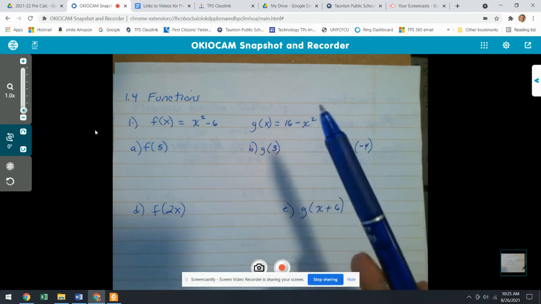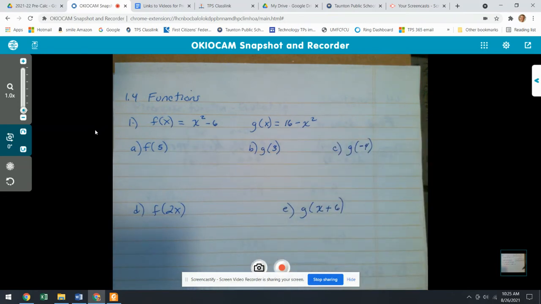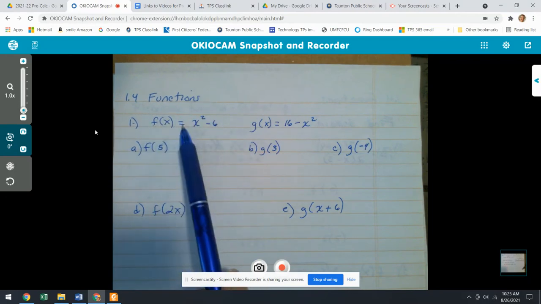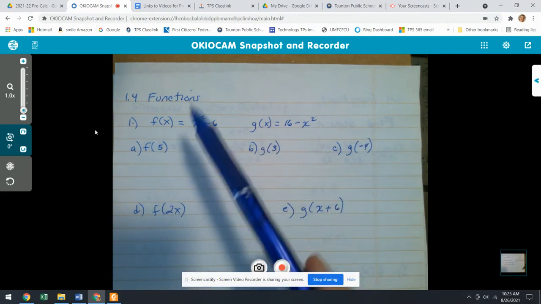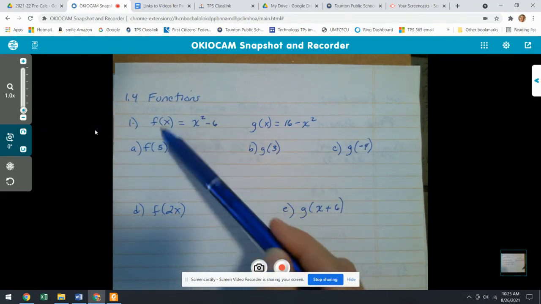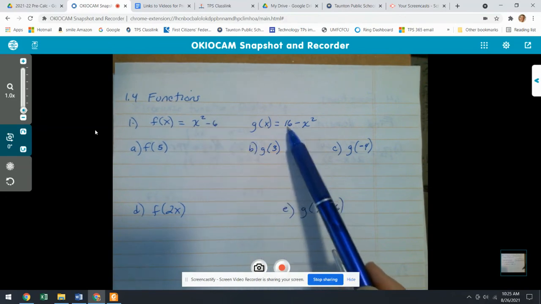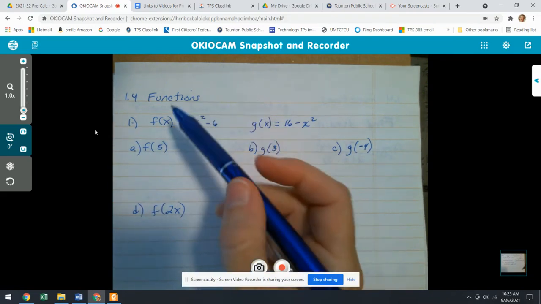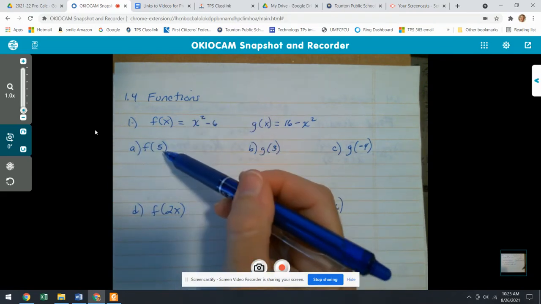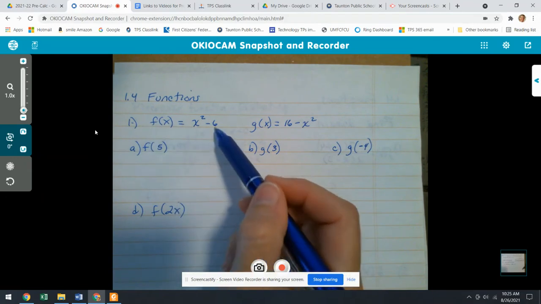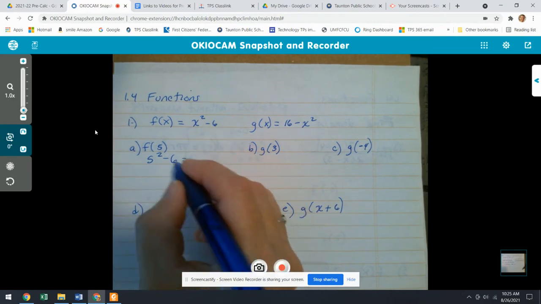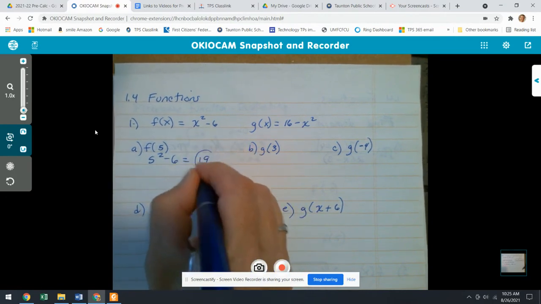The reason why we use it is to differentiate functions from each other. So if I'm going to be having two functions, in the old days we would have y equals x squared minus 6 and y equals, well then you wouldn't know which function I'm talking about. So we can label them: f of x refers to this equation, and g of x refers to that equation. For each of these, we're just going to evaluate. For A, they want us to find f of 5. So you go to the f equation, wherever there's an x value, you put in a 5. So you'll have 5 squared minus 6, which is 25 minus 6,